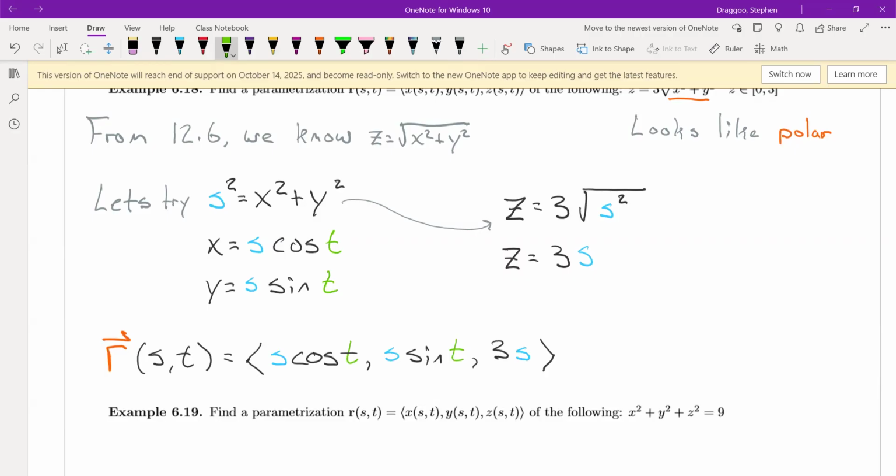I also need the bounds for my parameters. Now, t, I know I'm going all the way around. I didn't have any reason to cut t in half anywhere. So I'm just going to stick with 0 to 2 pi. Again, unless I have a reason to not go all the way around, I'm just going to assume t is 0 to 2 pi. If I am going to look at cutting out part of spinning all the way around whatever my object is,